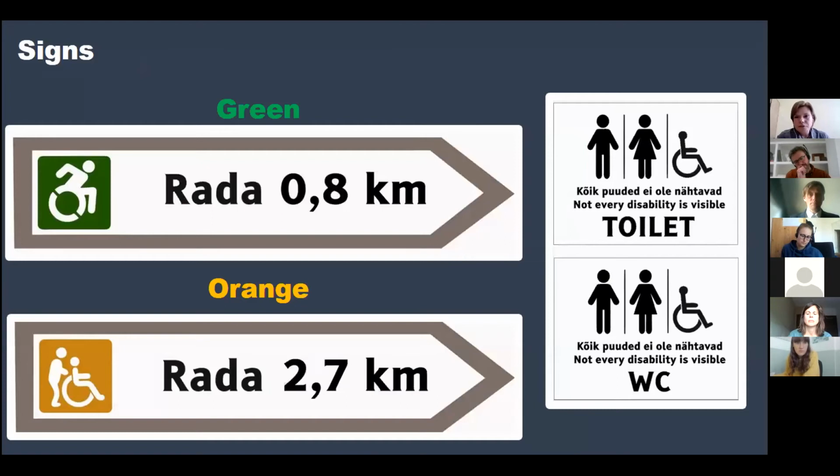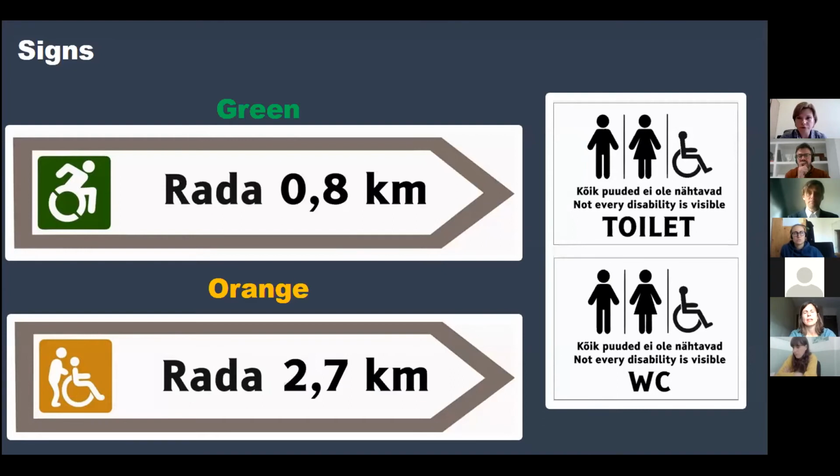And now the signage system. In Finland, a country that has been working on accessibility for a long time already, the nature parks are really very much ahead of many other countries. But in Latvia and Estonia, we practically did not have any signage system to show accessibility, and therefore we created it from scratch. But we used as a basis a